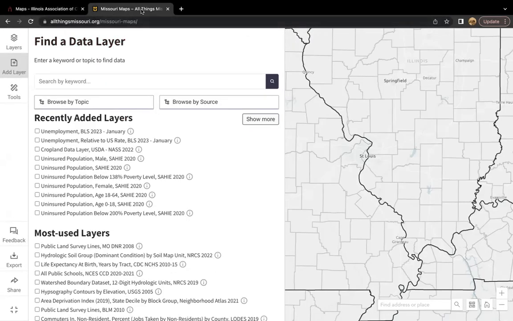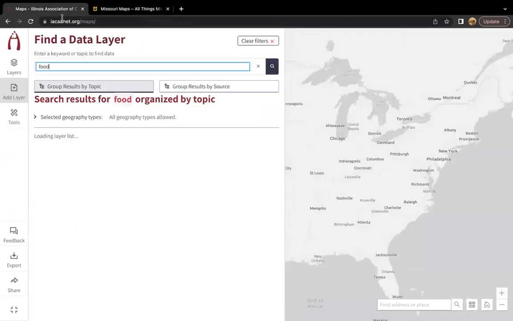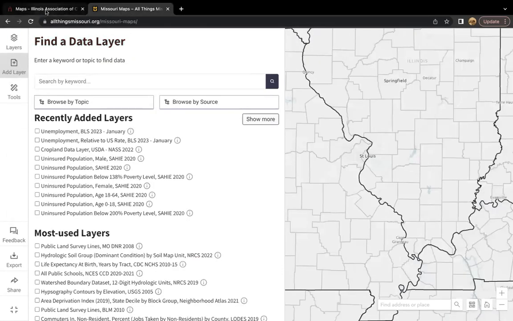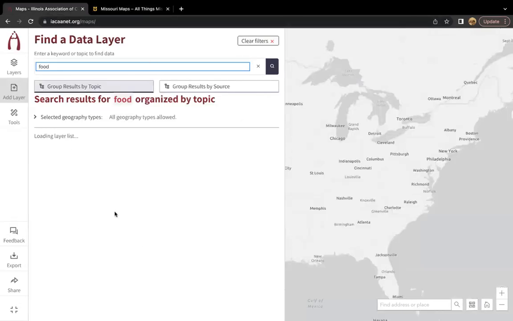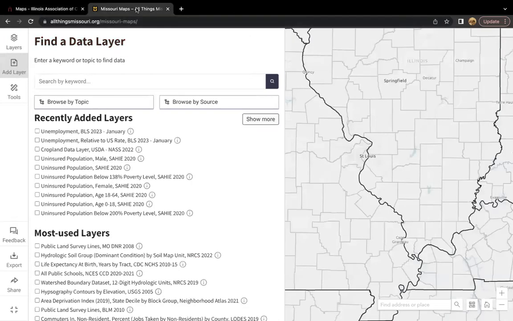However, we may be having a server issue, which hardly ever happens, but it always happens around the time of a demo or presentation, it seems. The server connecting to the Illinois map room may be momentarily down on our end. When this happens, our team is usually very good about sending out communications. I have not received one this morning, but anticipate that this issue will be resolved sometime this afternoon, or at the latest by tomorrow, and then you'll be able to jump in and explore. My sincerest apologies.